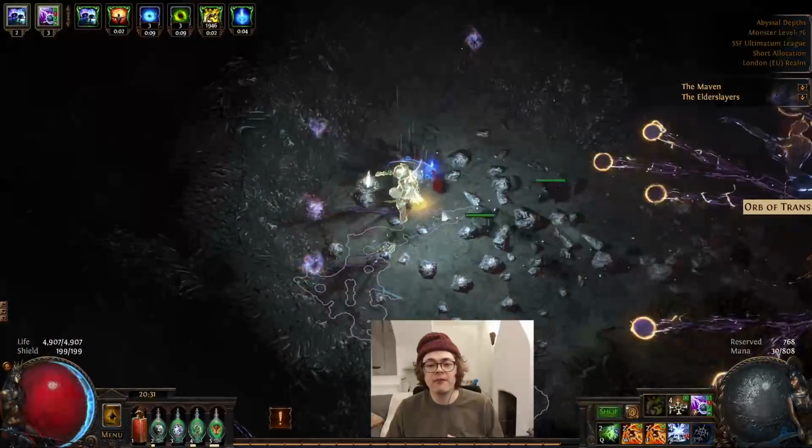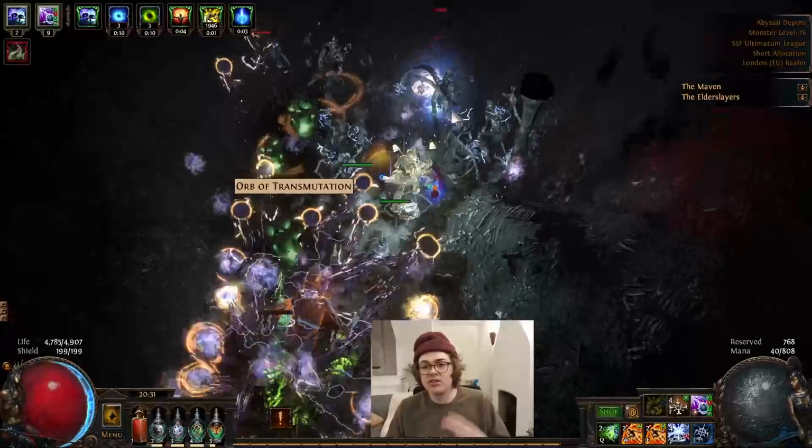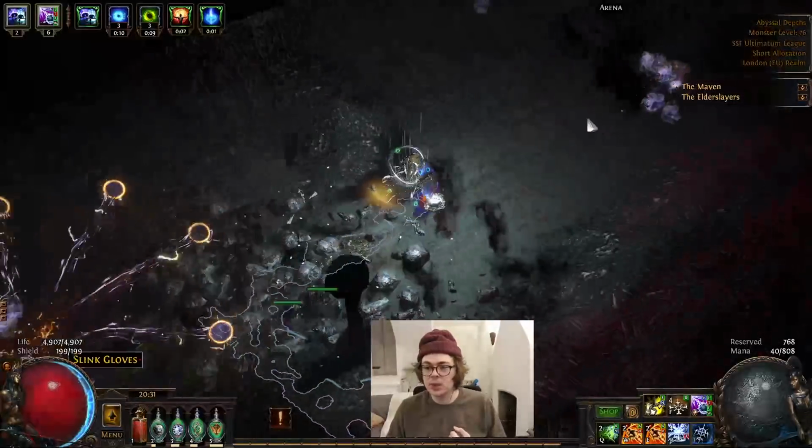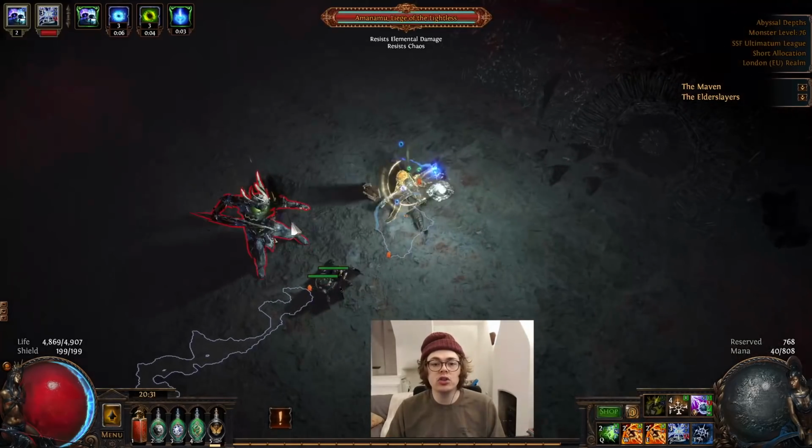Is the fact that if you have 2 bosses next to each other, Arc does amazing damage. Oh, we got a Lich as well. This is shaping up. I'll have the chest, please. So if you've got 2 bosses next to each other,